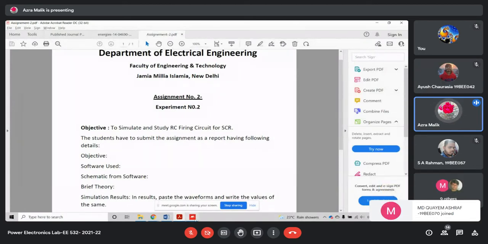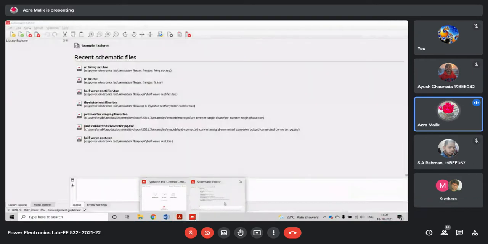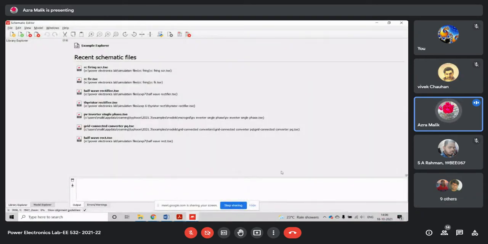So I will just go to the schematic editor. For this particular experiment, you need to change the license key of your Typhoon HIL, and I will be sharing the key that you have to use.